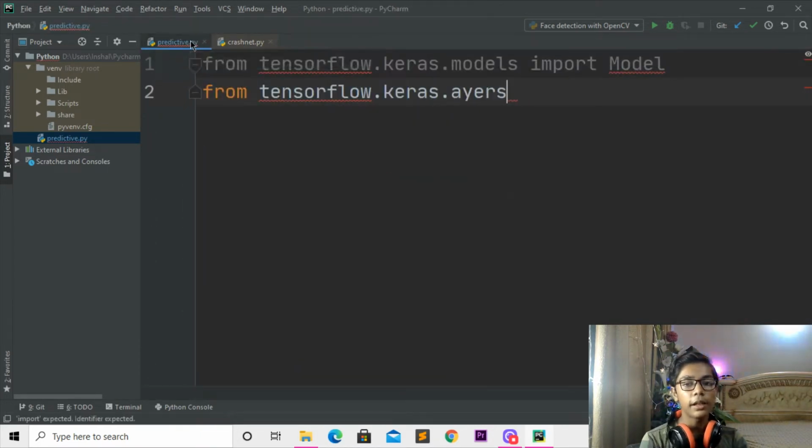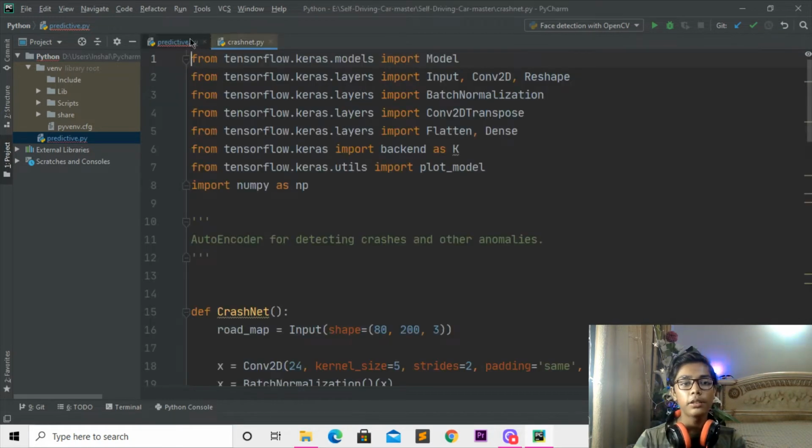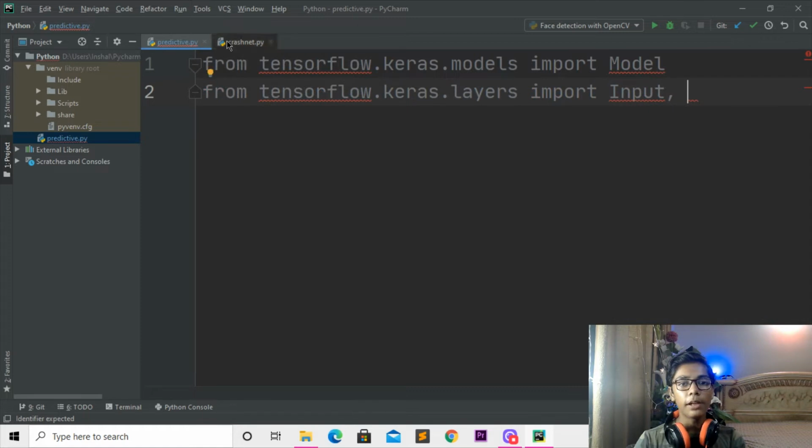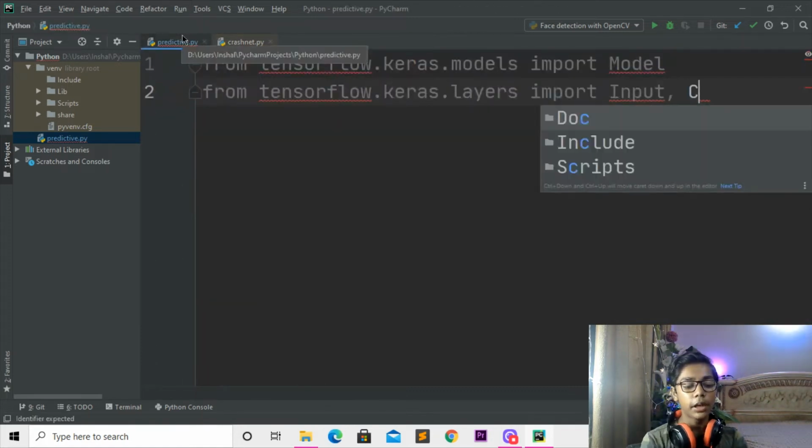So here I'll be writing, so I've just written incorrect spelling, then I'll be writing layers again. So when you've done that, I'll be doing one thing now, coming here and writing import, and now here I'll be importing another thing. So if I move here, I'll be writing import input, and I'll be writing a comma here, then I'll be changing that to like on